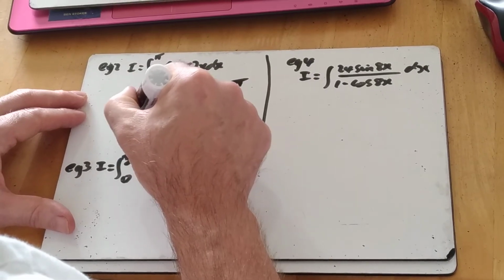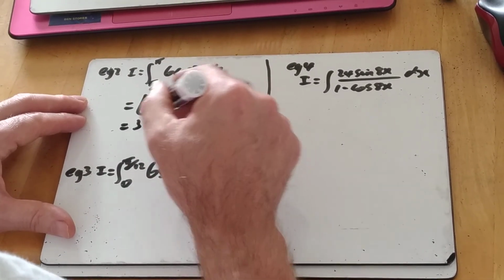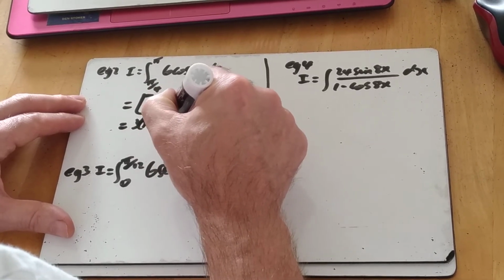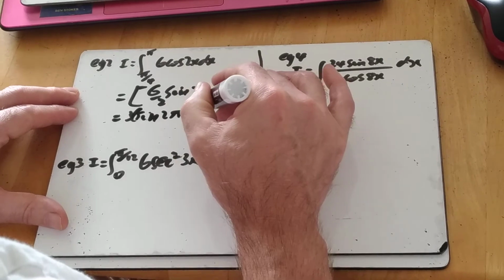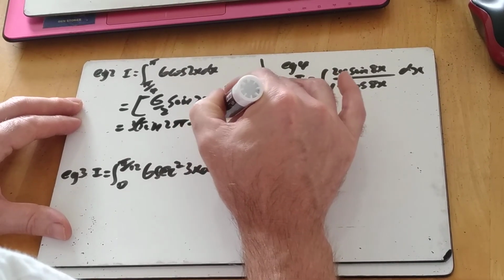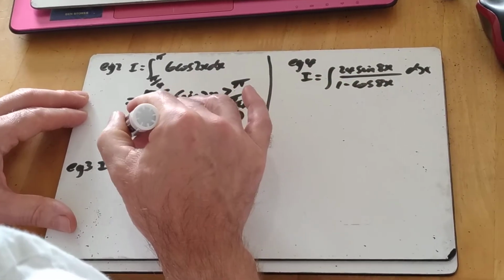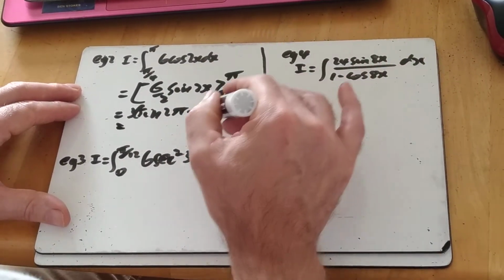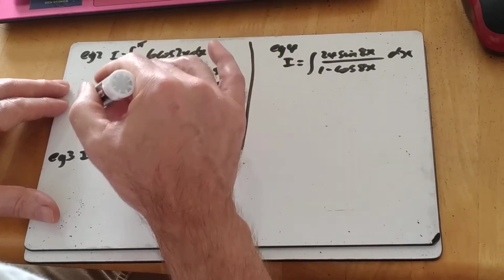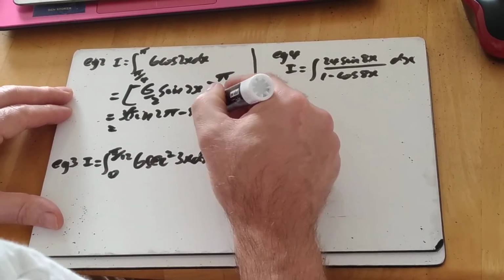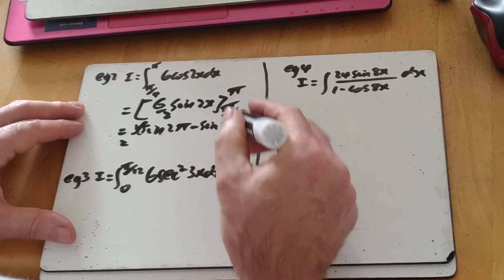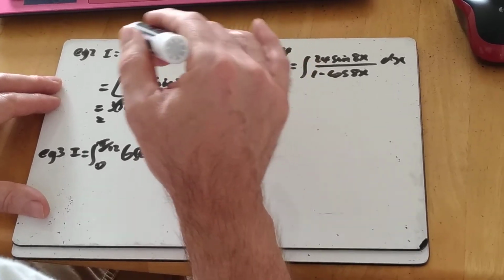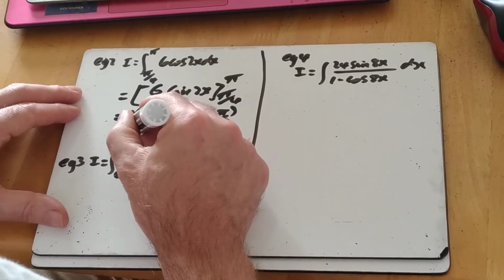So 6 over 2, 3, sine of 2 pi, and then minus sine pi... sorry, it's not pi, it's pi over 4. So 2 lots of pi over 4 is pi over 2, that's a bit more like it now, because sine pi over 2, sine 90, is 1, so I end up with minus